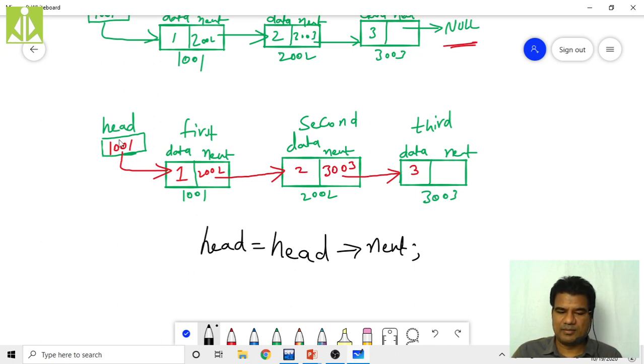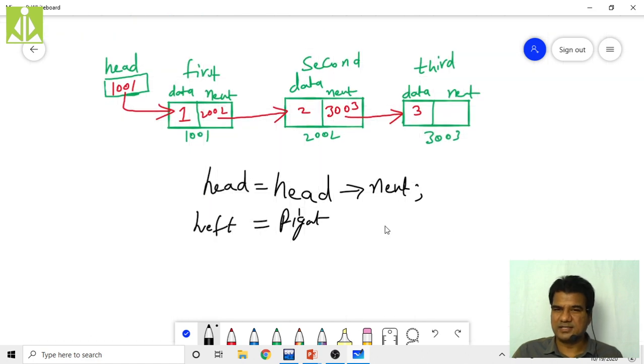What is head? The memory location of this head is nothing but head. When you represent it at the left side of your assignment operator, it will give you the memory location. If you use this head at the right side of the assignment operator, then it will give the location's value, that is, the address it will give. Here this is right side and this is left side. You have to understand this, because so many times we did this exercise, isn't it?